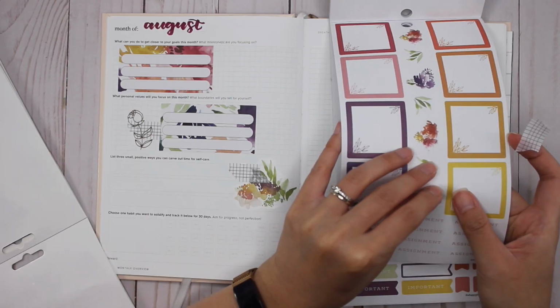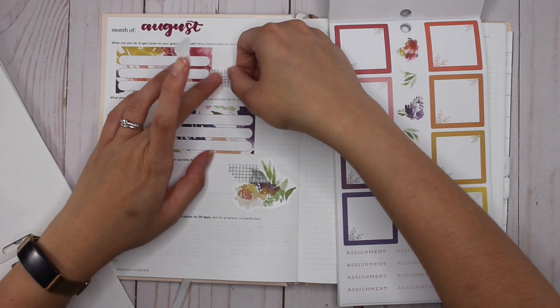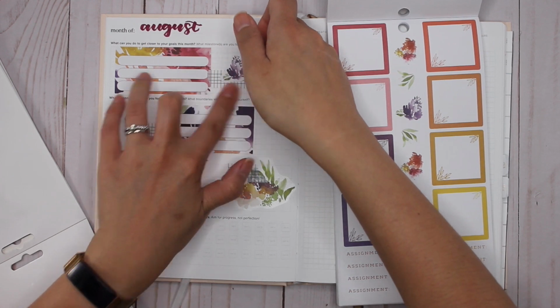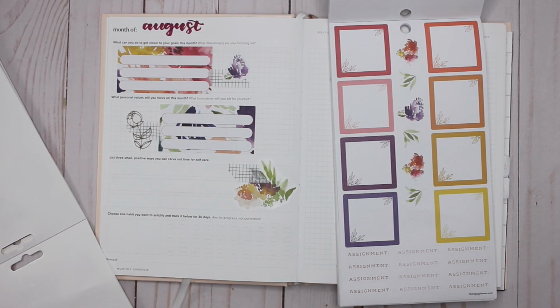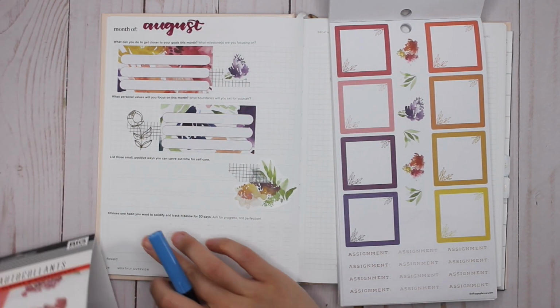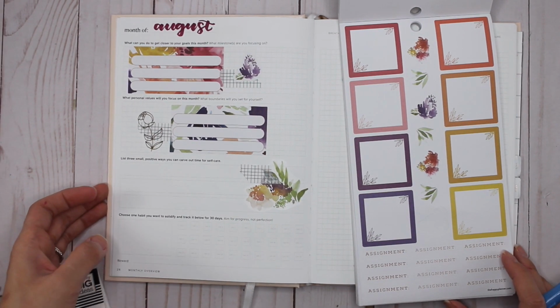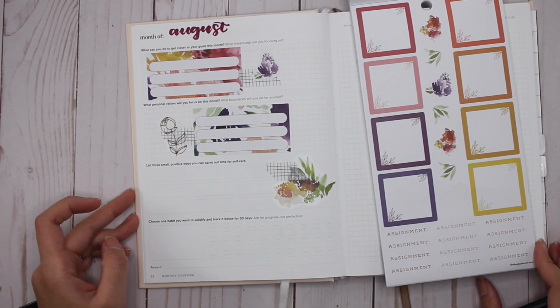Smooth. There we go. Just a little bitty one. Okay. Actually, I adore that. Then for here, I'm also going to, my goal is to really read. I'm really into reading, but